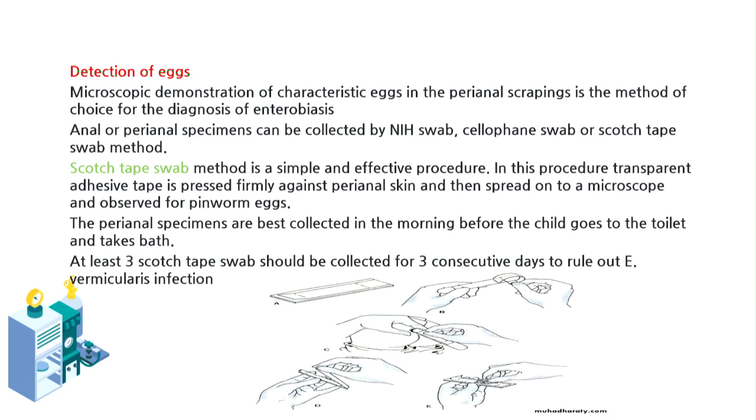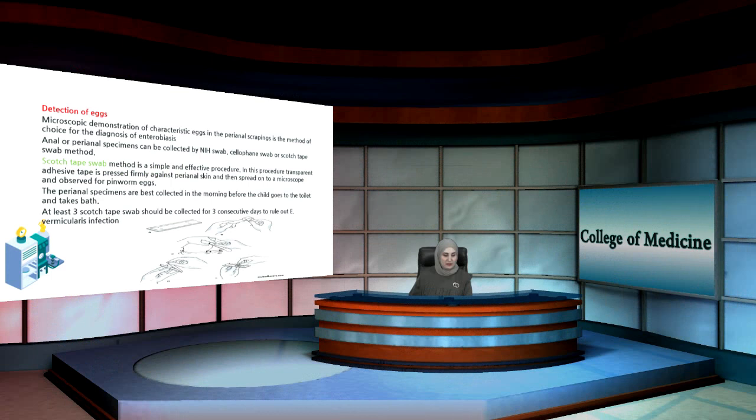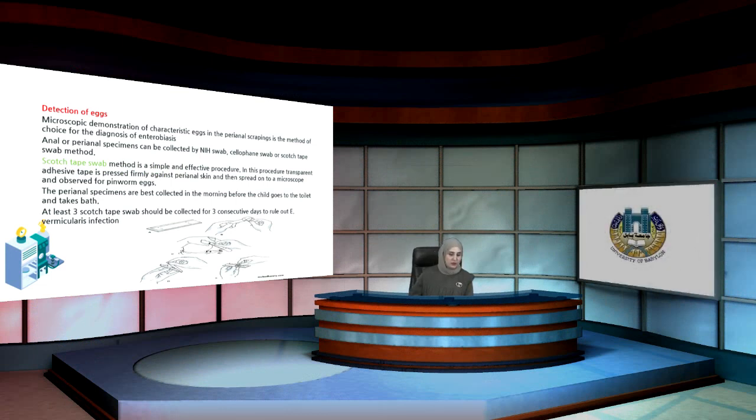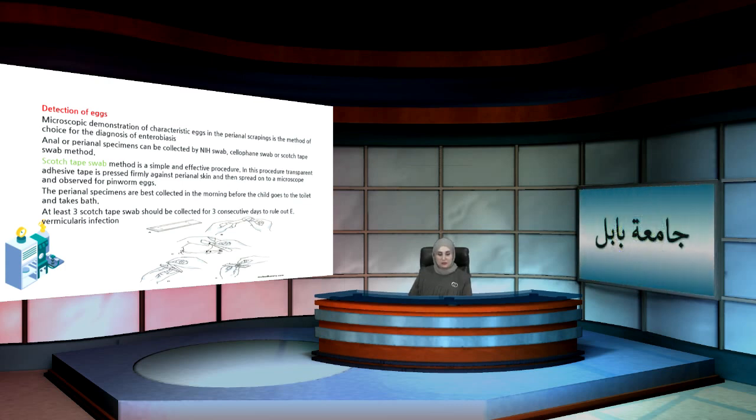The Scotch tape swab method is a simple and effective procedure. In this procedure, transparent adhesive tape is pressed firmly against the perianal skin and then spread on a microscope slide and observed for pinworm eggs. The perianal specimens are best collected in the morning before the child goes to the toilet and takes a bath. At least 3 Scotch tape swabs should be collected on 3 consecutive days